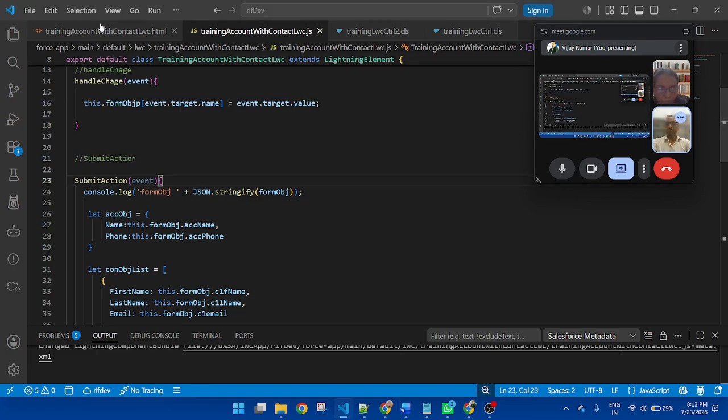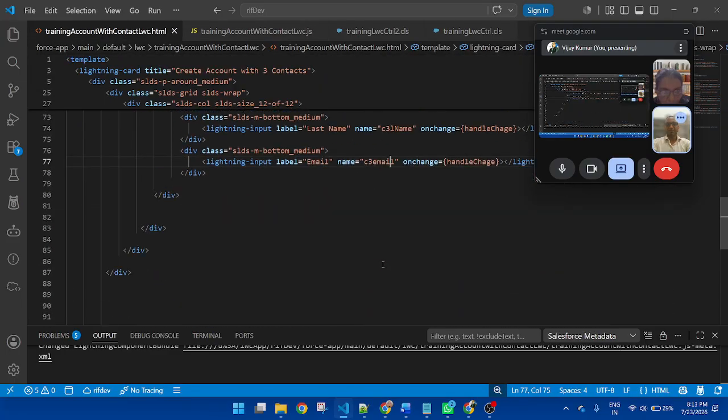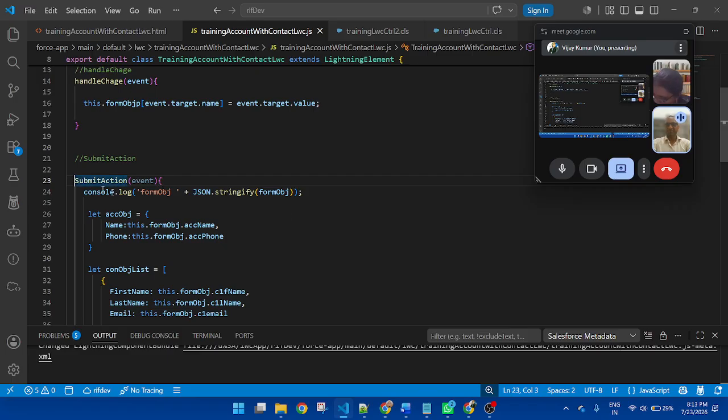So if you are inserting with a button, like let's click this. This is a button, submit action. So where you need to click, this is a button click. So this is the function of the button click, submit action. So in the starting of the function, we need to use async.